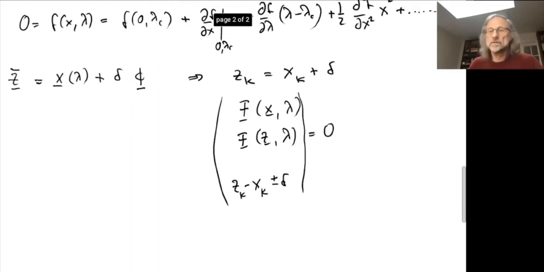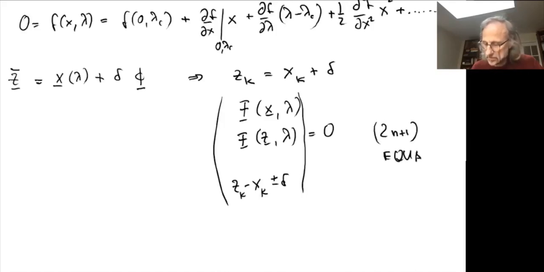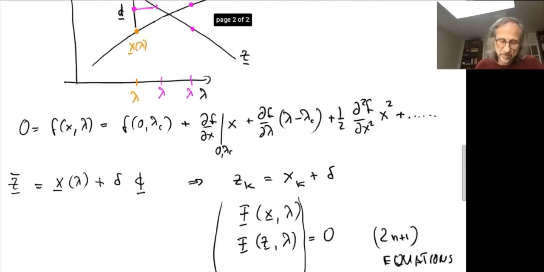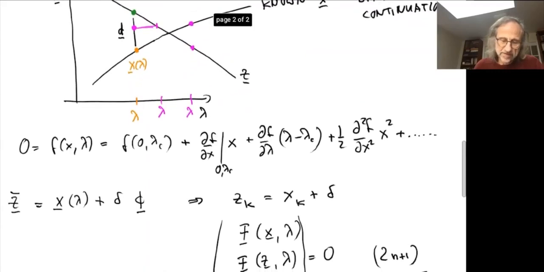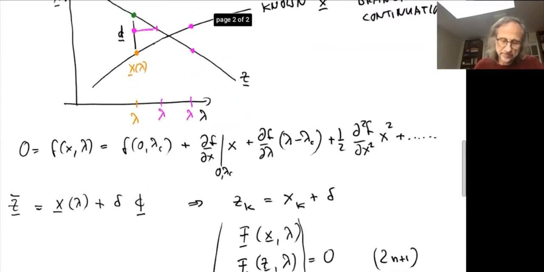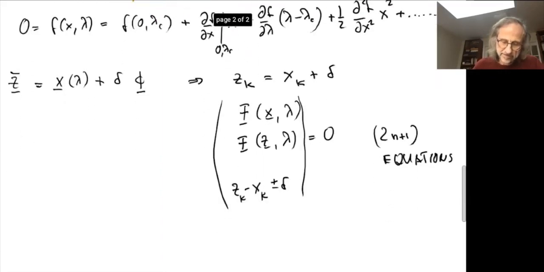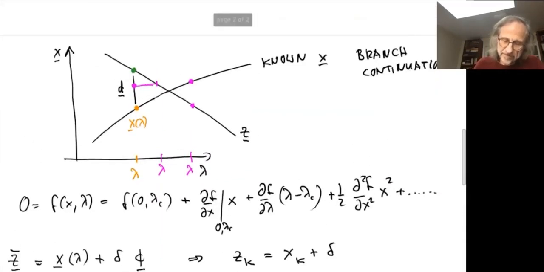Okay, so that's how you can do it. And that works okay. But as I said, this is again a problem where you have actually two n+1 equations, which is a good large number. And so there's another way that you could do where you don't say that the distance between the z and the x stays the same, but rather you simply say that the z value